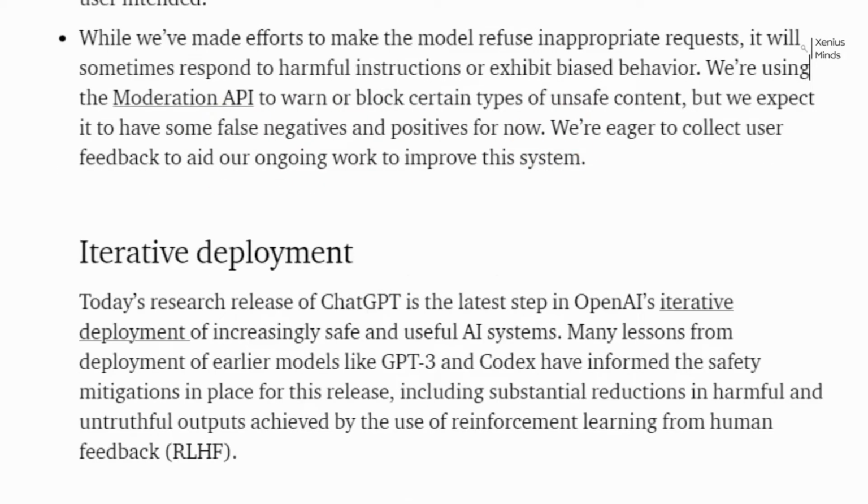And lastly, the chatbot will do what it can to refuse what it views to be inappropriate requests to the